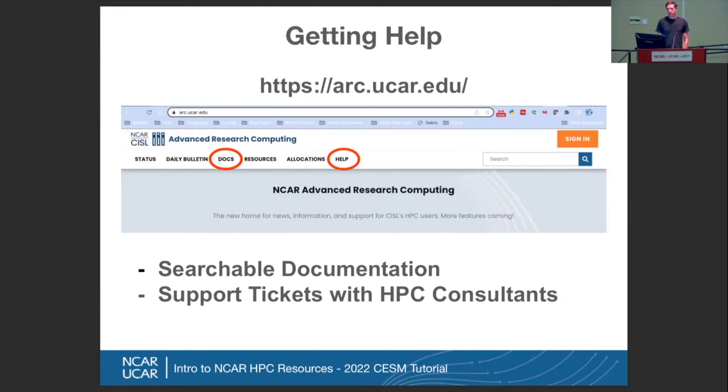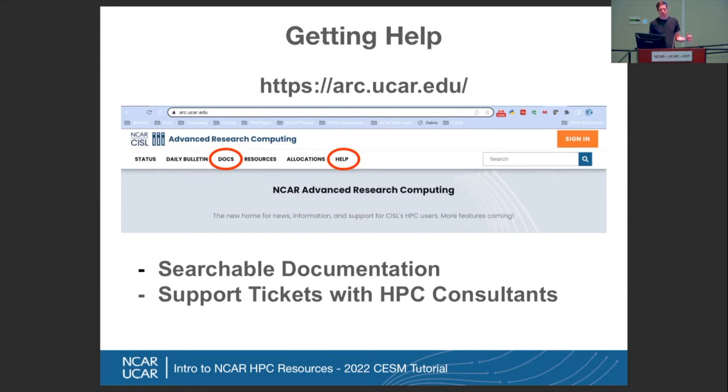Yeah, so the Glade spaces, Glade Home and Glade Work and Project, all that stuff will continue to exist for some period of time. So derecho, the new system, will show up this winter. It becomes generally available around March of next year, and then it'll overlap with Cheyenne for 6 months. So both systems will be online for 6 months. Those Glade spaces will stay around for a while, and they'll be available on derecho and Cheyenne at the same time. So if you've got a file right now on Cheyenne somewhere on the Glade system, when derecho comes online,